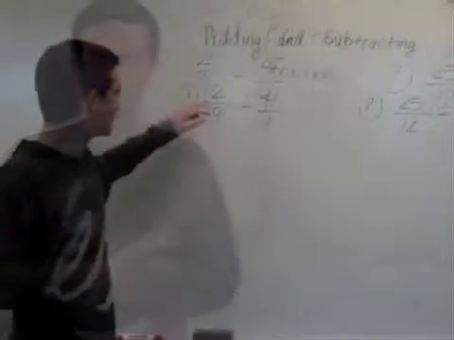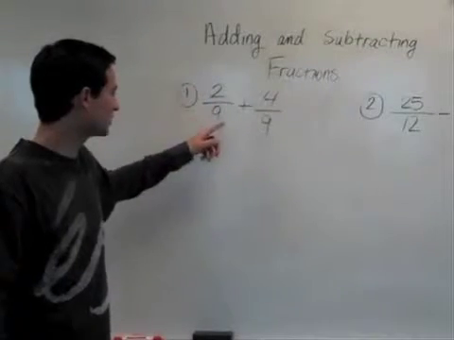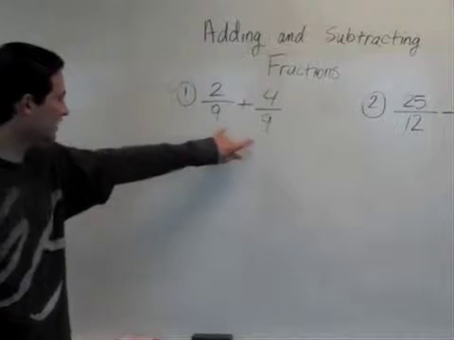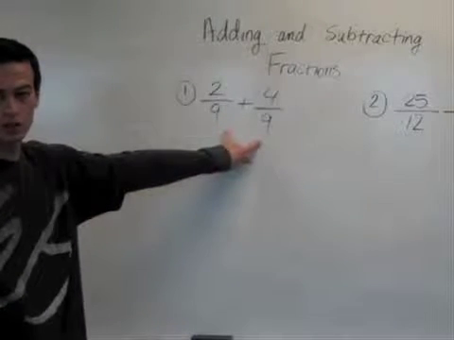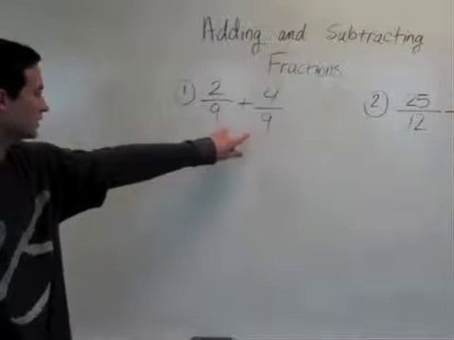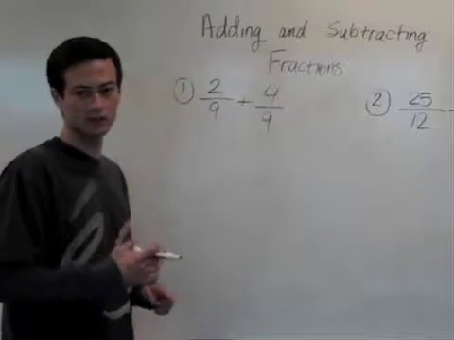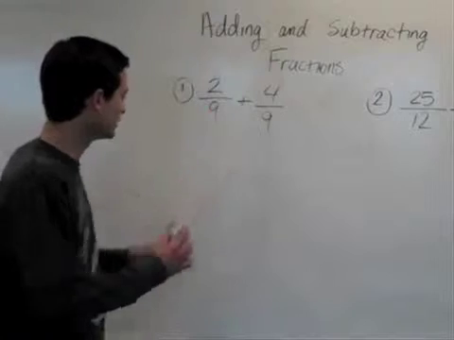So our first problem is 2/9, and we're going to be adding 4/9 to that. Luckily they have the same denominator, and when they have the same denominator it makes the problem a lot easier. In order to add or subtract fractions, we must have the same denominator. So when we do, we